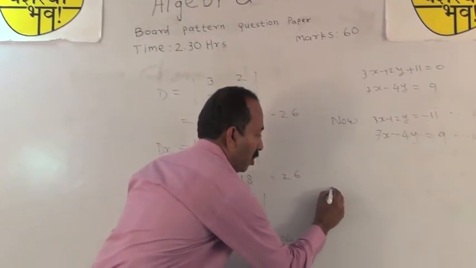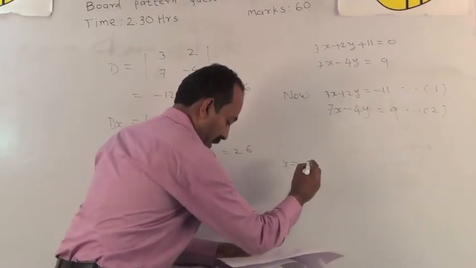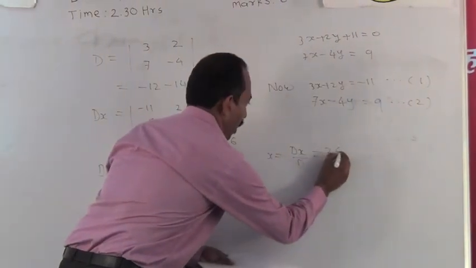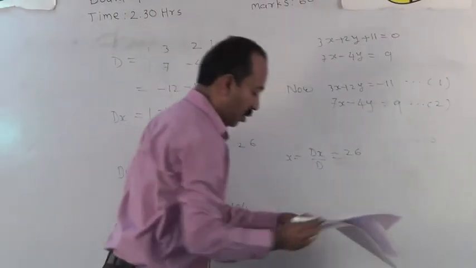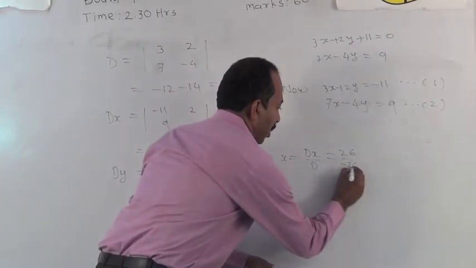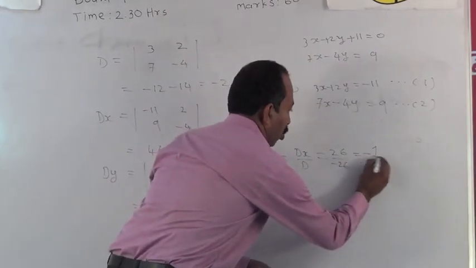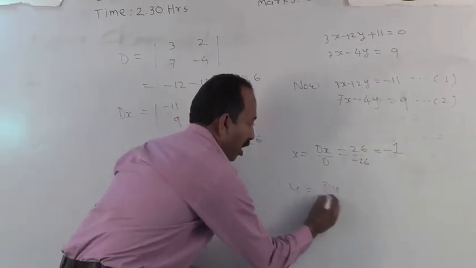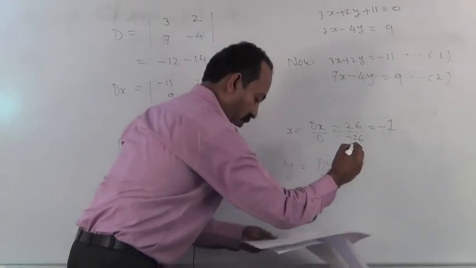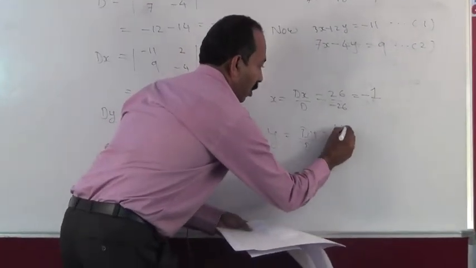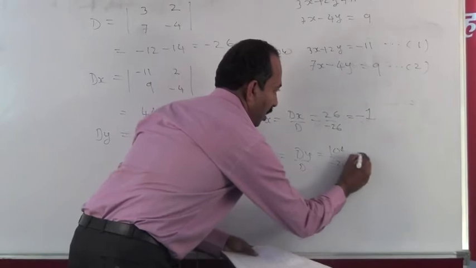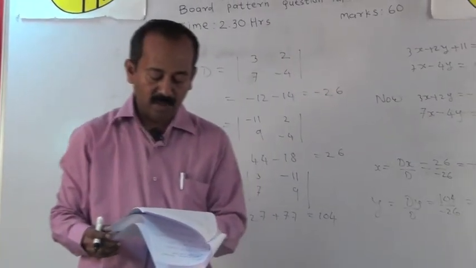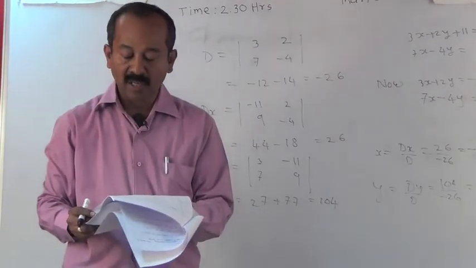By Cramer's rule, x is equal to Dx upon D, which is equal to 26 upon minus 26, which is equal to minus 1. y is equal to Dy upon D, which is equal to 104 upon minus 26 is equal to minus 4. So x is equal to minus 1 and y is equal to minus 4 is the solution of